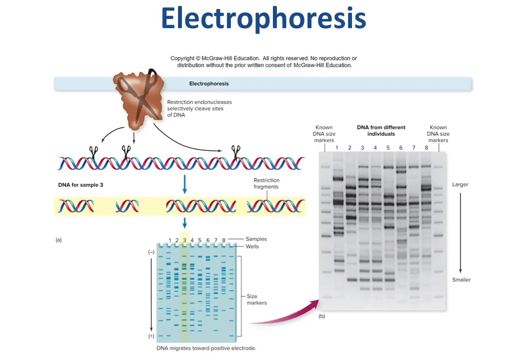So we make the agarose gel, and then we can detect our DNA fragment. How do we detect our DNA fragment? We can use restriction endonucleases to cut our DNA fragment